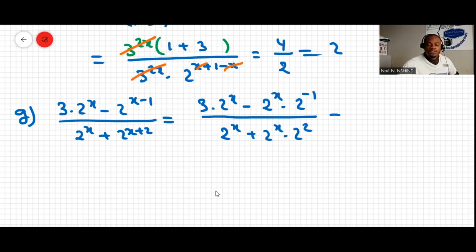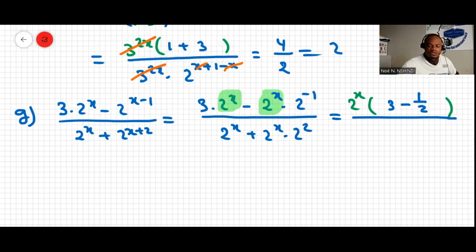So we can look at the numerator here. We can take 2 to the x as the common factor. If I take 2 to the x, sorry, not 2x, but 2 to the x as the common factor, we are left with 3 minus 2 to the power of negative 1, which is the same thing as a half, okay? All over,